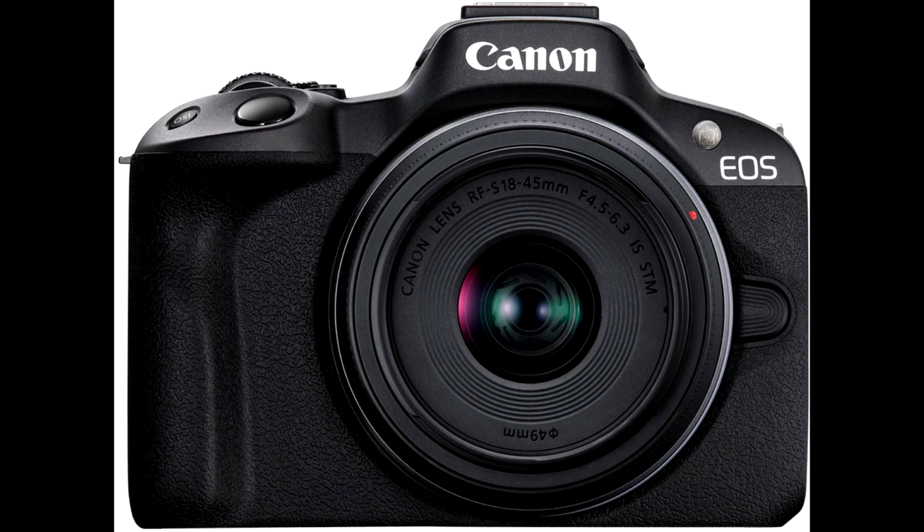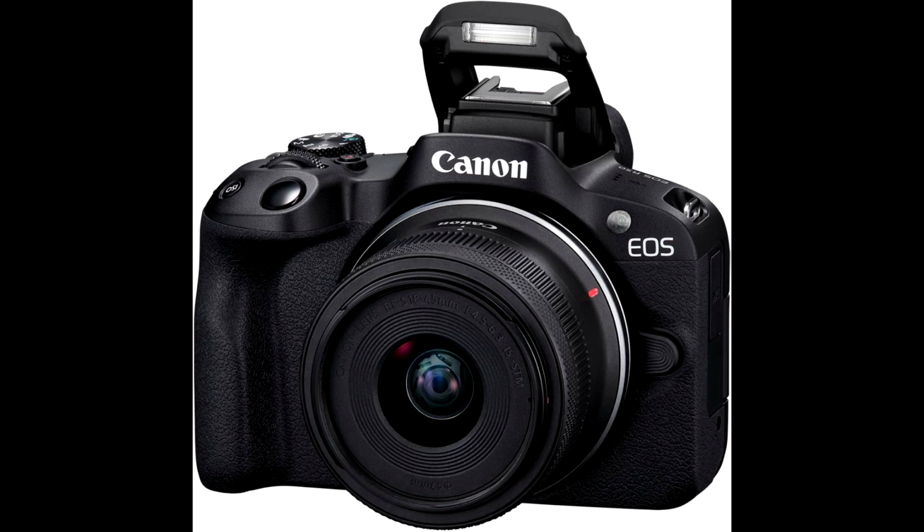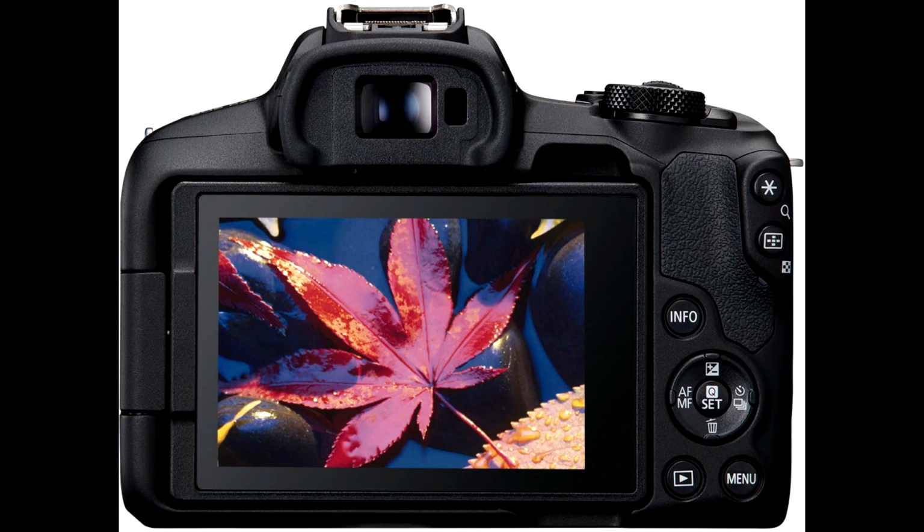Hey guys, welcome. Today, we're diving deep into the Canon EOS R50 4K video mirrorless camera. If you're considering upgrading your gear, this detailed review will help you understand why the R50 might be the perfect